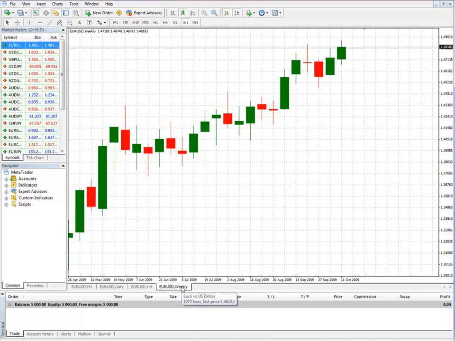But what we'll do in this is set up what I like to call a top-down trading setup. Now, top-down trading basically means you start off with a larger time frame, and you look to see which